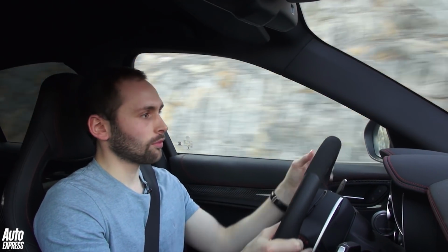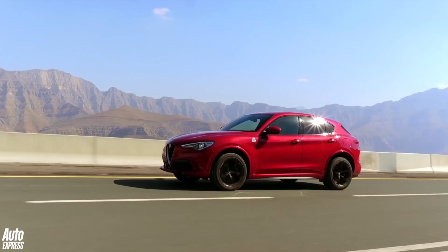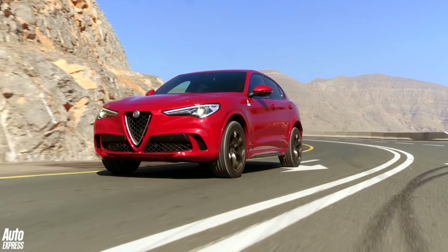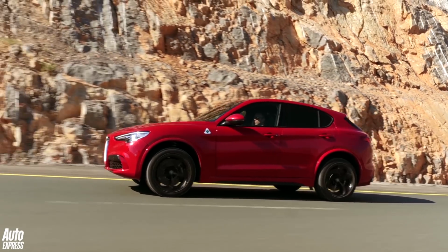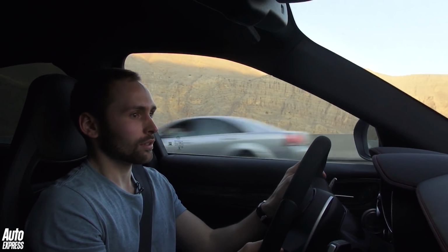Now obviously over the standard model, things have been stiffened up and firmed up to give it that extra sense of sportiness, but on the roads we're on in Dubai, the roads are so smooth that it's really difficult to pinpoint how much has actually changed. You can tell it's firmer, but because these roads are so smooth, it's really tricky to say by how much. So we'll have to wait till we get the car back in the UK to tell you just how much firmer this car is. But